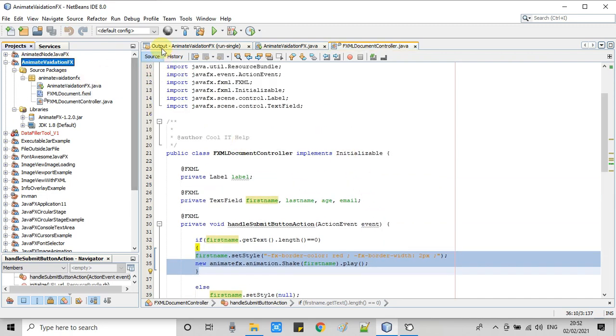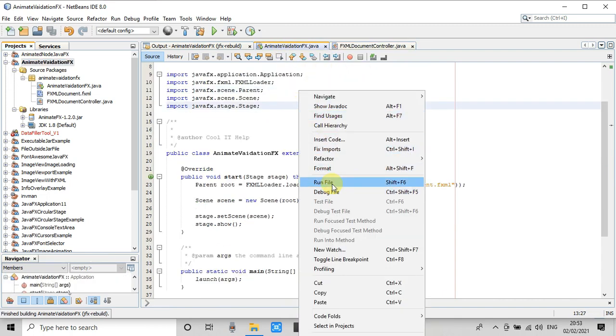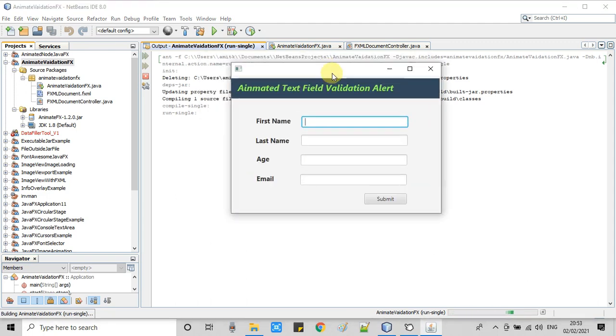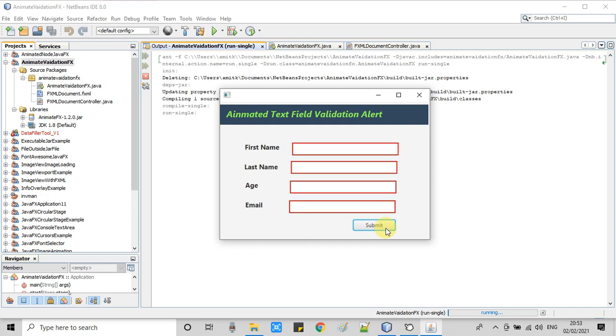Okay, now I will take a clean build of this project and I will run it again. Here we go. This is the form, and first I will press the submit button without entering anything inside any field. Here we go.